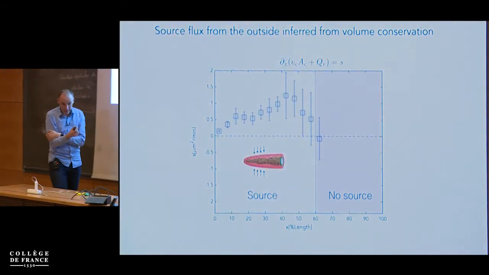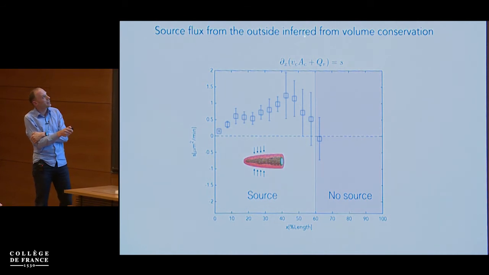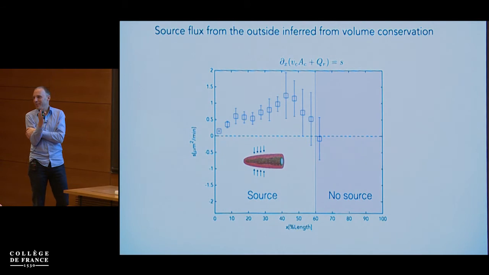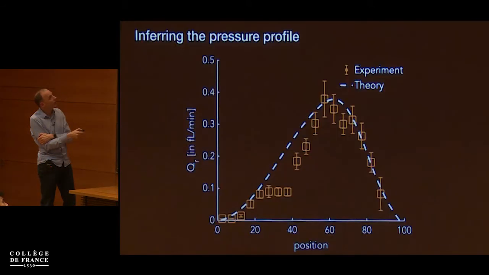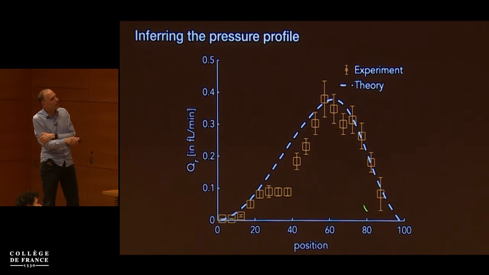Okay? So with this and with the rachis flux, we can infer the source flux, as we call it, from the outside into the germ cells. Okay? And this is interesting because this source flux grows and then drops to zero. And it drops to zero right about where the flow in the rachis peaks, where the flux from germ cells to rachis inverts, and the germ cells become inflated. So really, this whole system is probably controlled by the source flux. Okay? All right, so with this simple 1D theory, we can then, with the source flux, infer for example the volumetric flux in the rachis, and it seems to be consistent with the data.